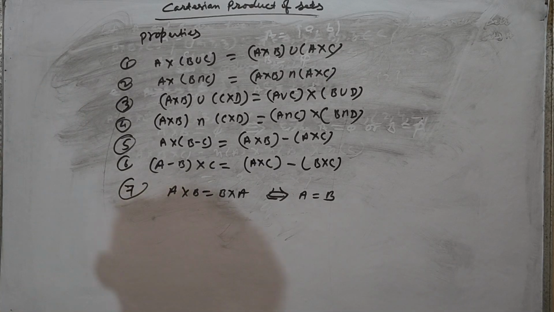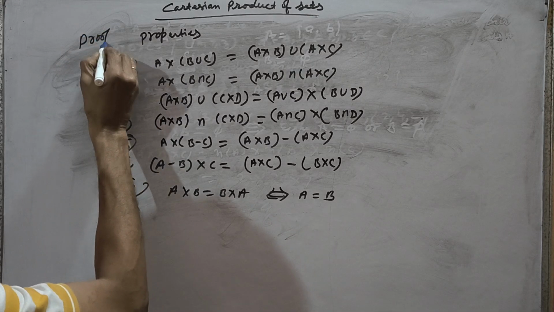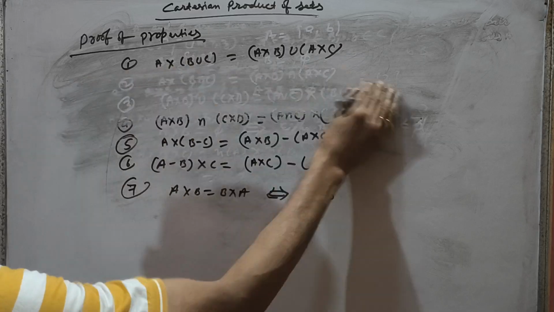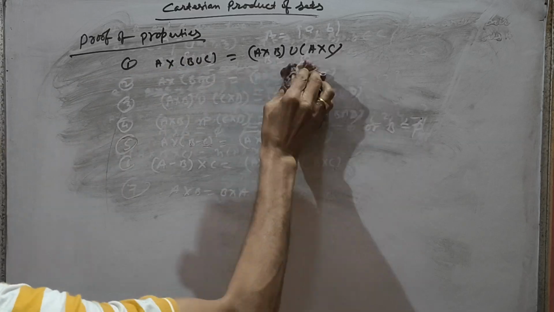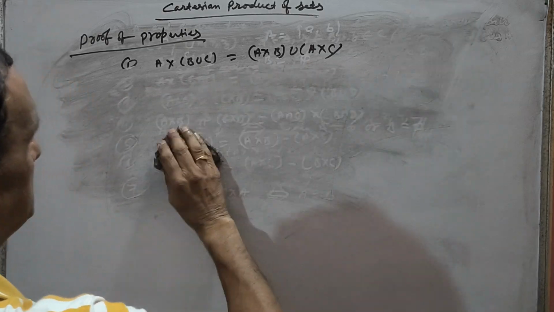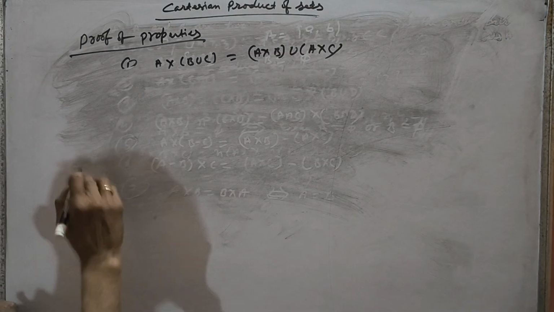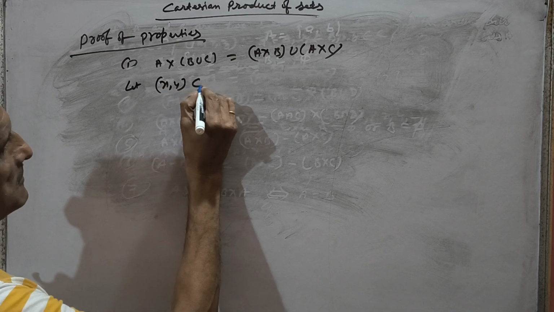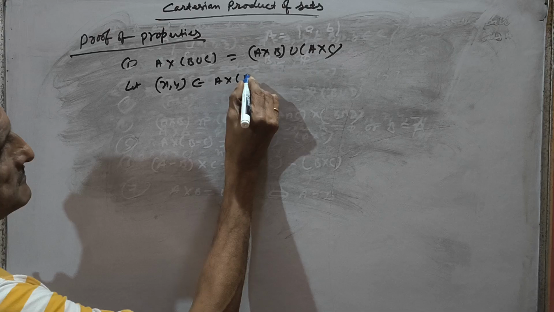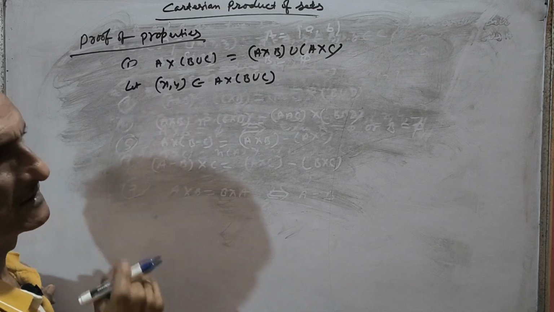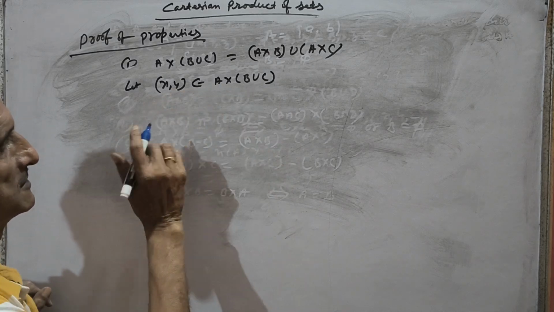So we will start the proof now. So let us see number 1. Proof of number 1. Just like the proof, the way you have done in class 9, similar way, shortcut method, both way implication method. Now start number 1. Let ordered pair (x, y) belong to A cross (B union C). See, Cartesian product is a set of ordered pairs. Elements will be ordered pairs, so the ordered pair will belong there.